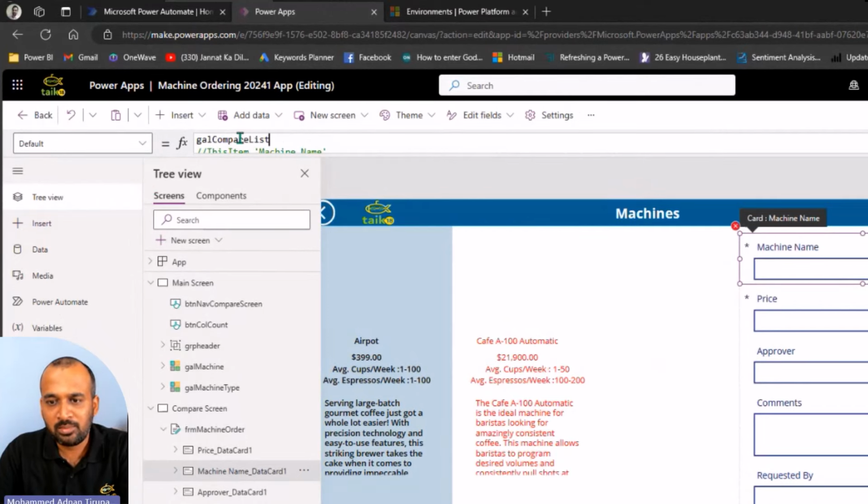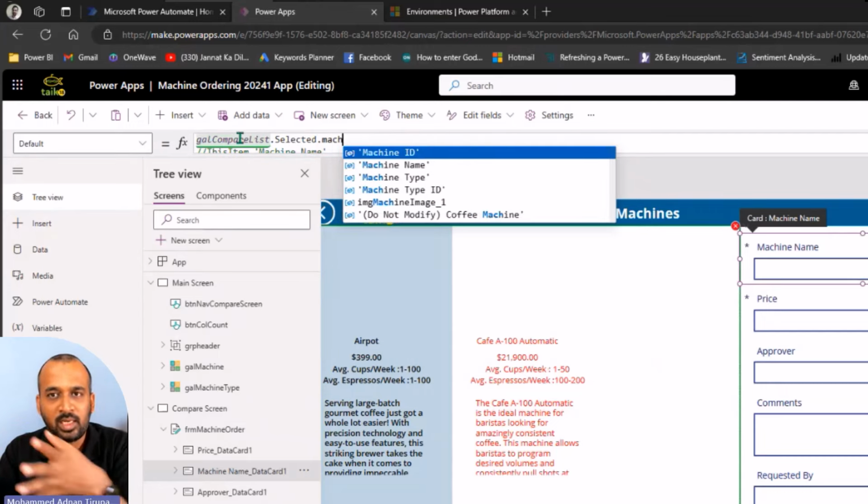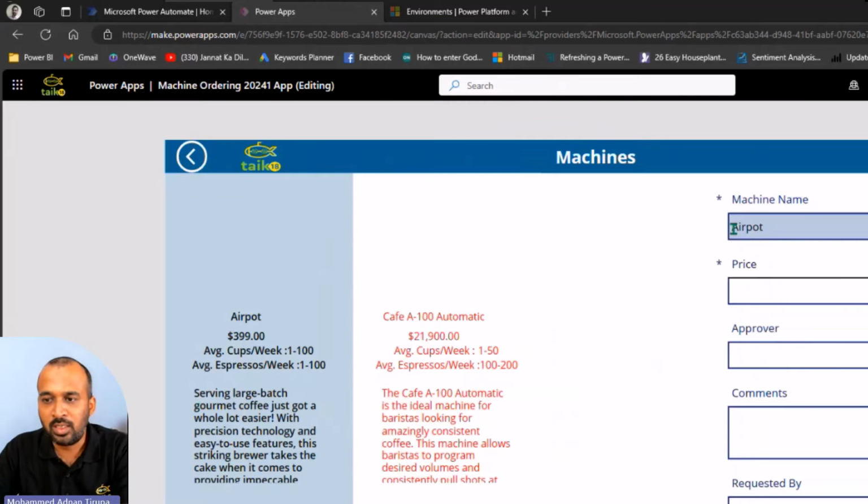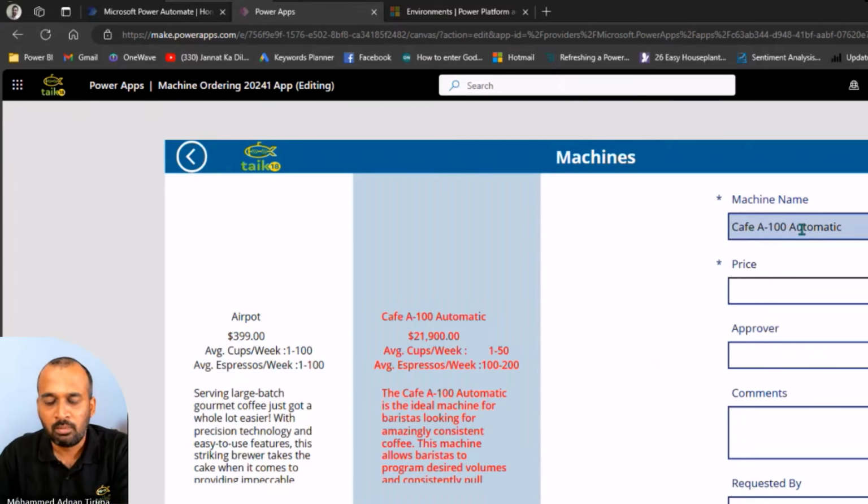When I click on machine name, this is going to select this property here, and this is tied up with the Dataverse. If you click on advanced, then most of the options are disabled here. To unlock the change property, we need to click here, then only we are able to unlock that. But before doing that,